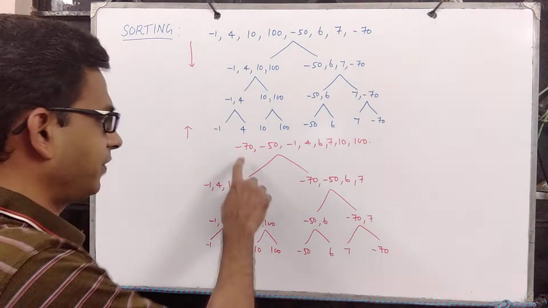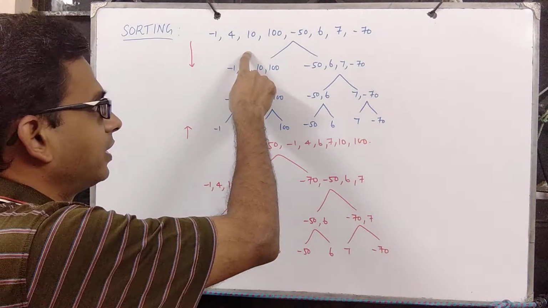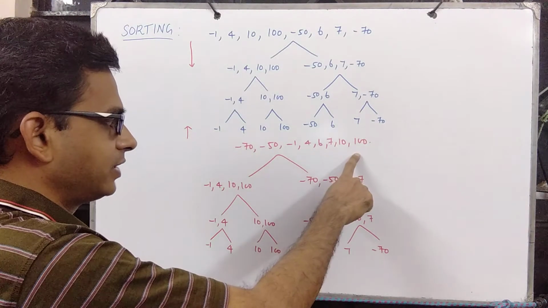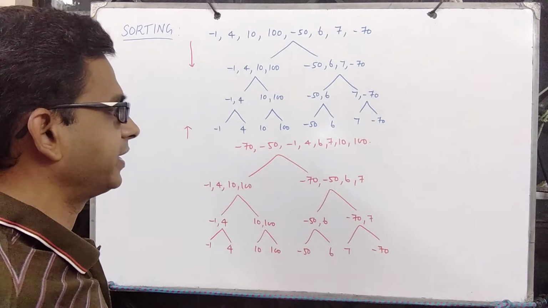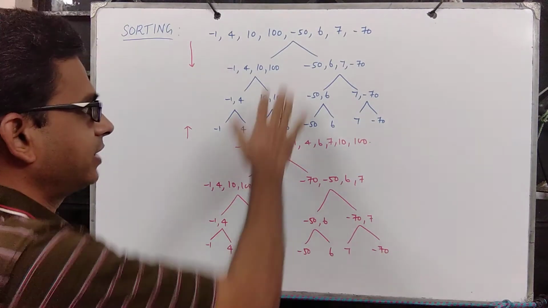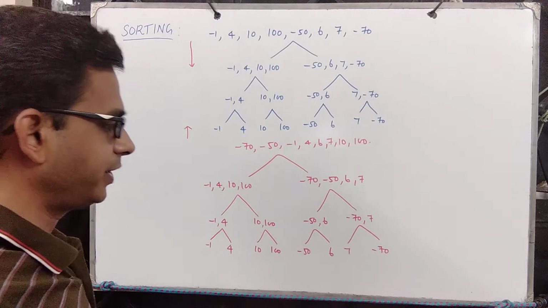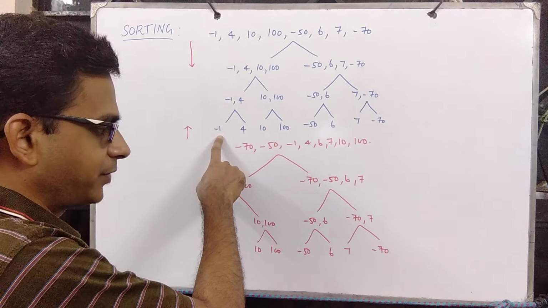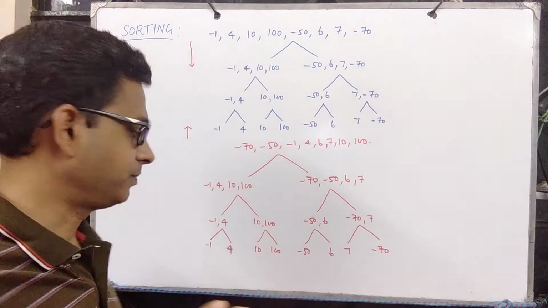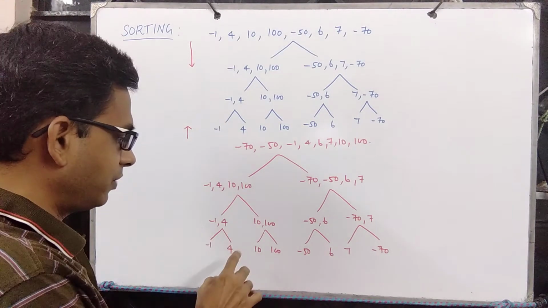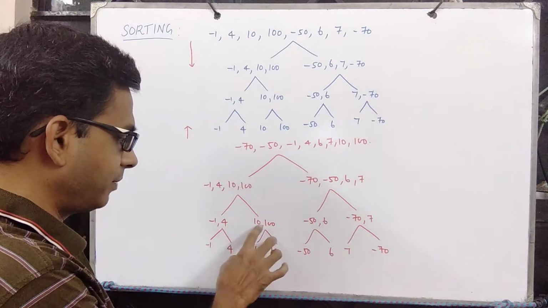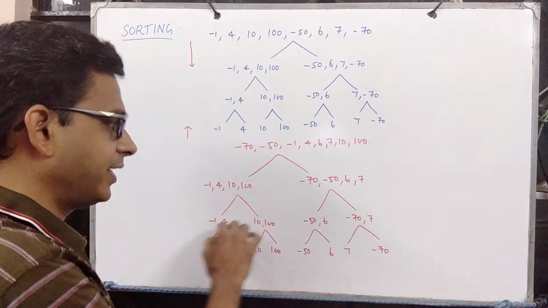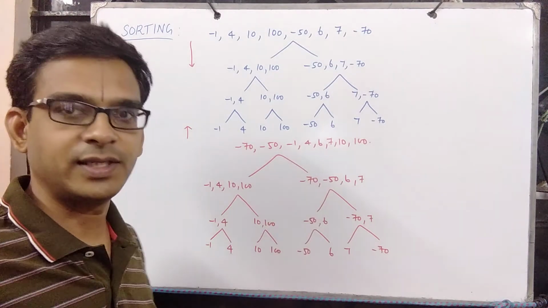Now that's all. What we want is, given an input sequence of this type, we wish to output a sorted sequence in say non-decreasing order. The algorithm says you break the problem down into two subproblems of equal size until we hit T of one subproblem, or until the recursion bottoms out. When the recursion bottoms out, you start combining two sorted subarrays to get a sorted array at this level, and keep doing this until you get a sorted array.